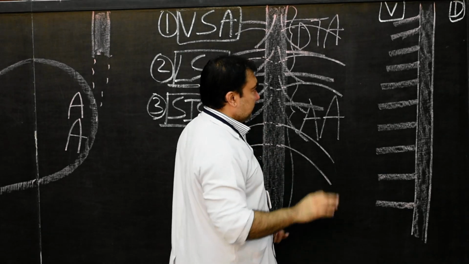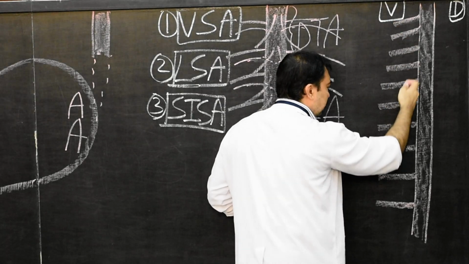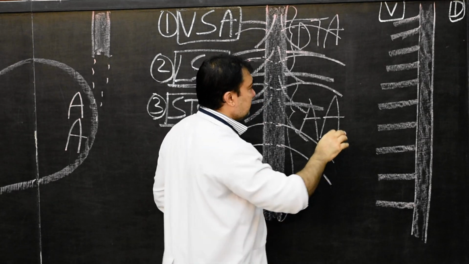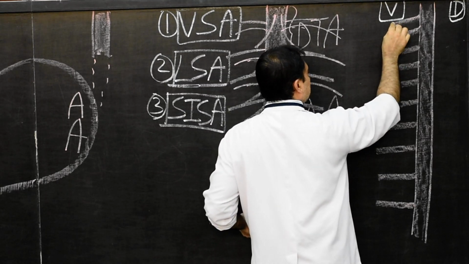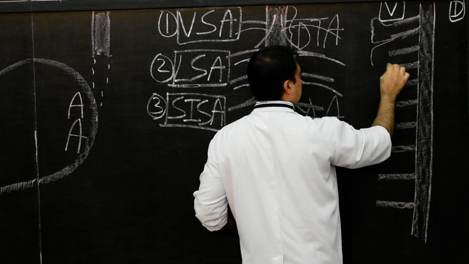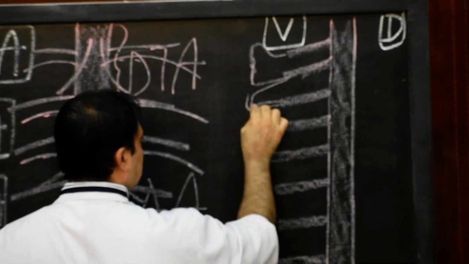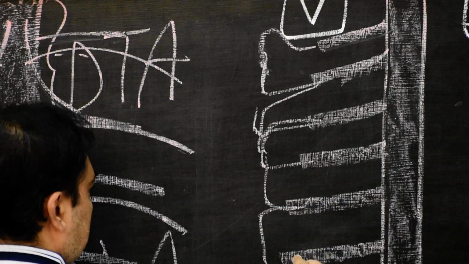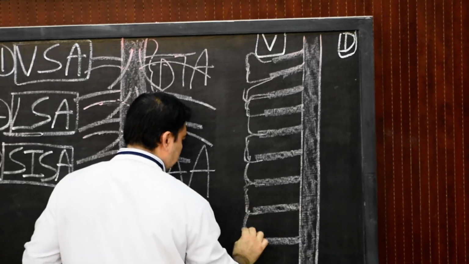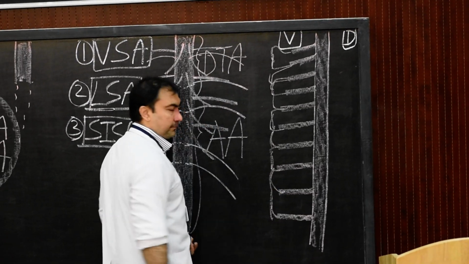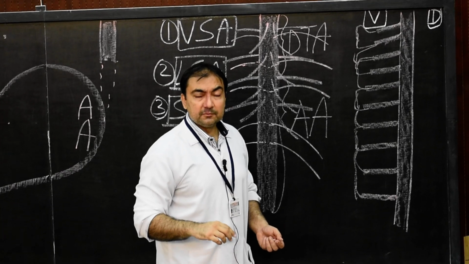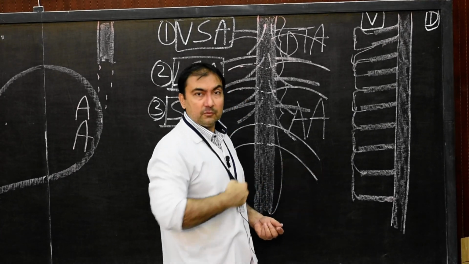Later on what will happen? Very simple. So many arteries taking origin from the ventral wall of the aorta, and later on they will have longitudinal anastomosis. Now these are the longitudinal anastomosis. They will anastomose with each other in this way. There will be longitudinal anastomosis with each other. Now this longitudinal anastomosis will be in two planes. Which two planes? Dorsal, ventral.